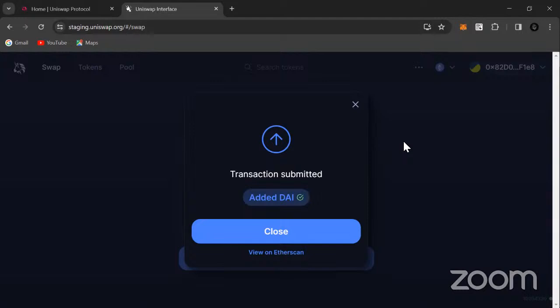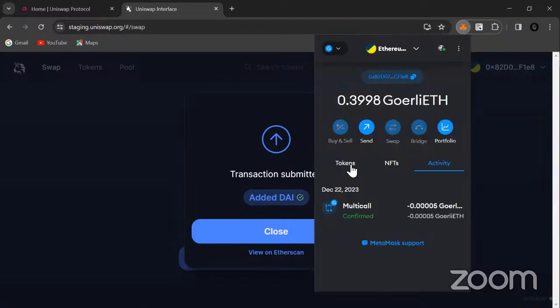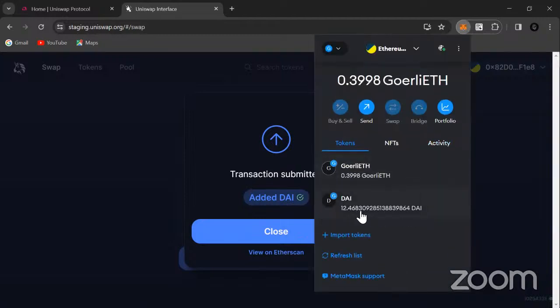So after this, if you go back to check my wallet, yeah, you can actually see the DAI. So it's as simple as that. You just go to the platform, and based on the token you have, you want to swap it for another token, and of course, it's as easy as that. So Uniswap actually helps.